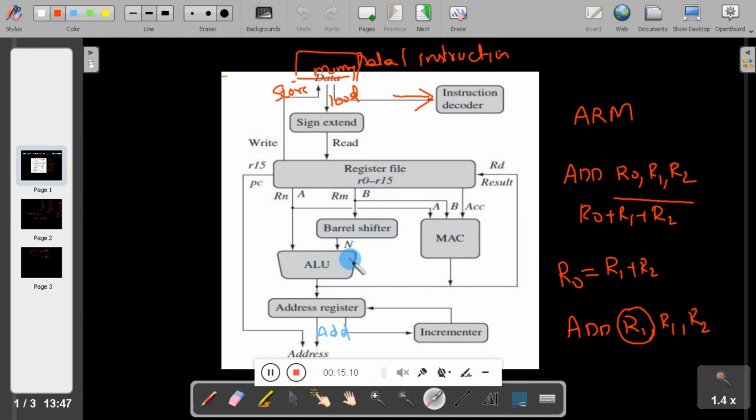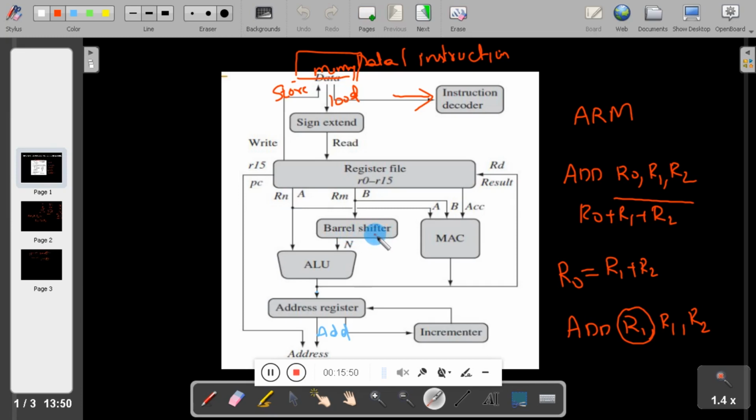Now we'll move to the next functional block, that is the barrel shifter. What is a barrel shifter? According to the ARM official document, this shifter is considered a barrel shifter. But actually, all modern shifters are barrel shifters. So don't be confused by the word barrel, because it is nothing but just a shifter. That means it can do multiple shift operations in one clock cycle. That is a barrel shifter.